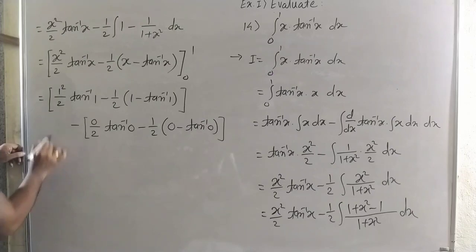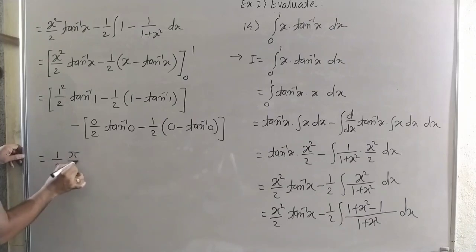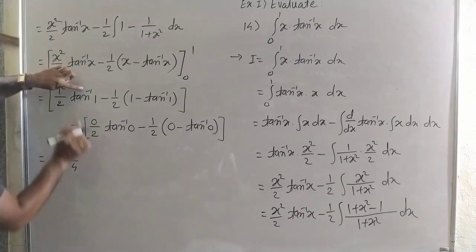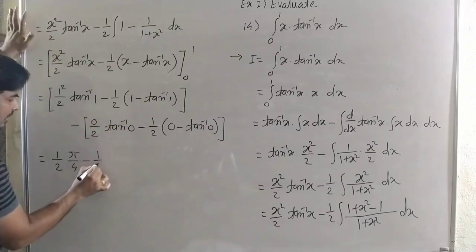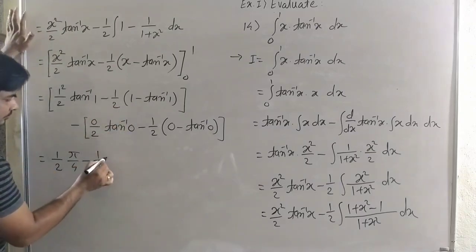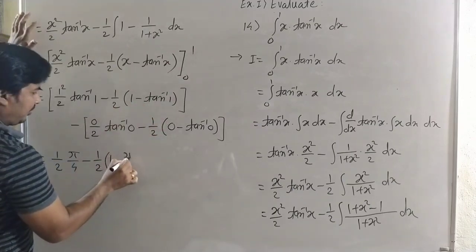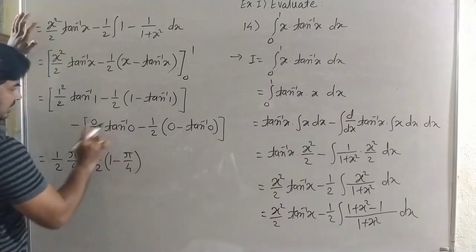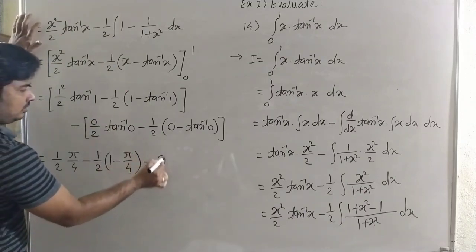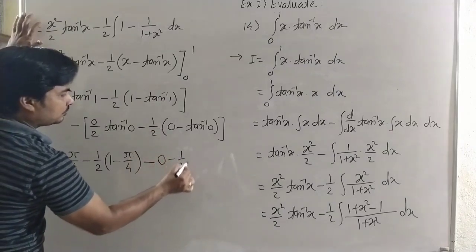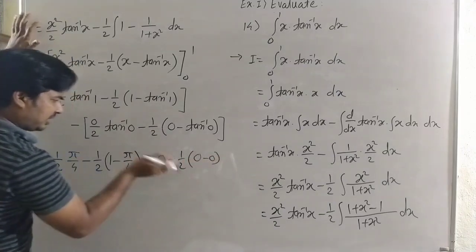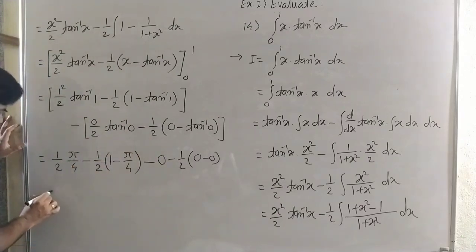Now we take the calculation. 1 by 2 tan inverse of 1, it is pi by 4. It is 1 by 2 and it is pi by 4, minus 1 by 2 into this 1 minus tan inverse of 1, it is pi by 4. Okay, now minus this term will be 0, then minus 1 by 2 into 0 minus 0, that means again it is 0. Now remaining terms are only this. Then it is 1 by 2 into pi by 4 minus 1 by 2 into this, then it is